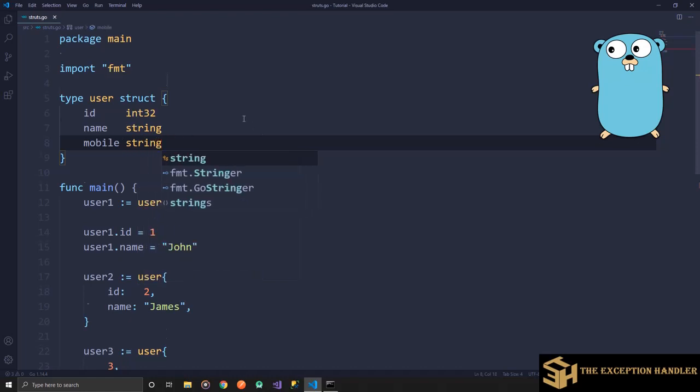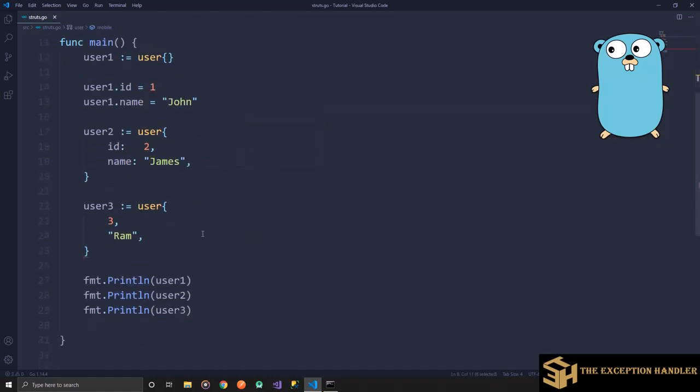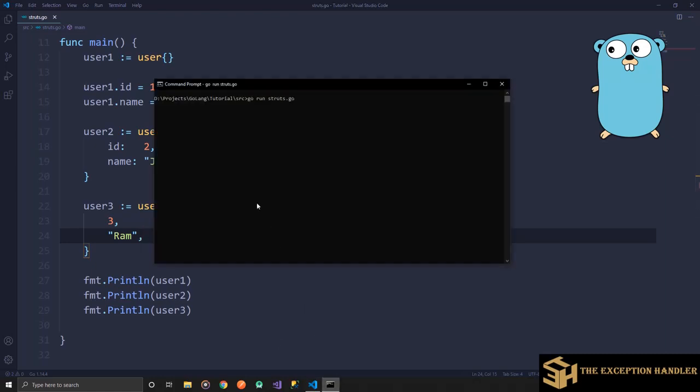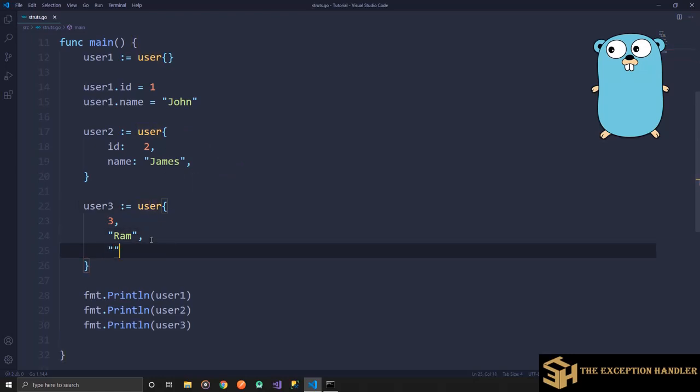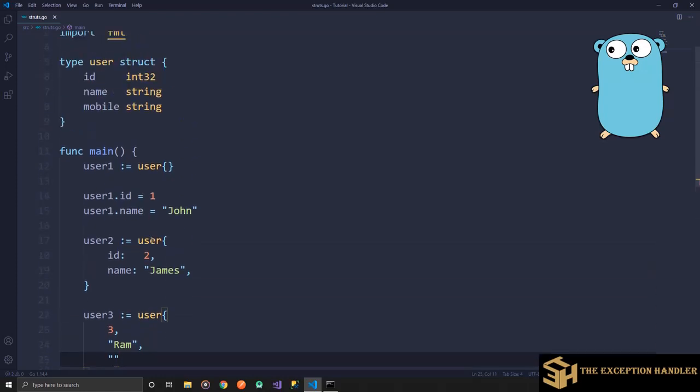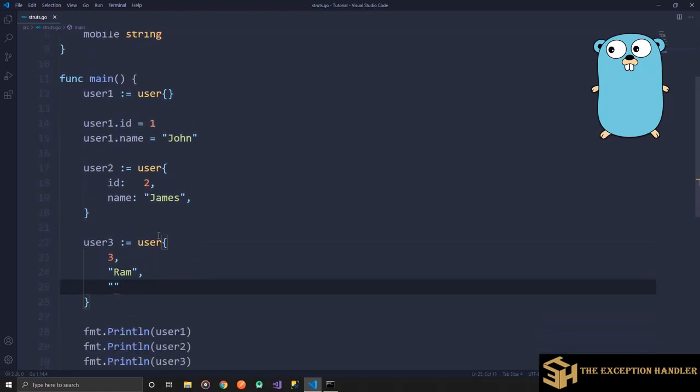Now in this case, when you go ahead and see this program, this part will fail because it would expect one more parameter to be passed. And if you try and run this program, it says too few values in user literal. So we have passed less values in the literal. So you need to go fix every part of your program so that it remains as it is and